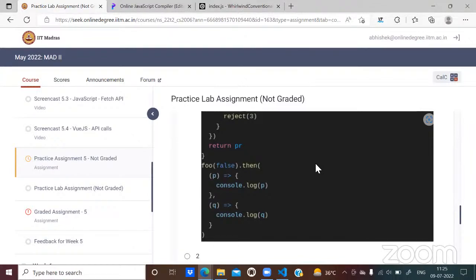So if there are multiple thens, each then can have its own reject handler. The second then's reject handler gets invoked based on the logic that is written in the first then, right?